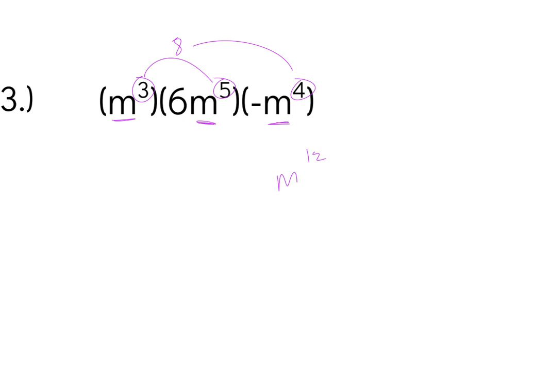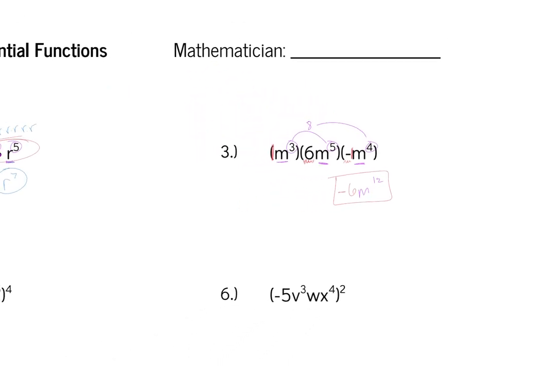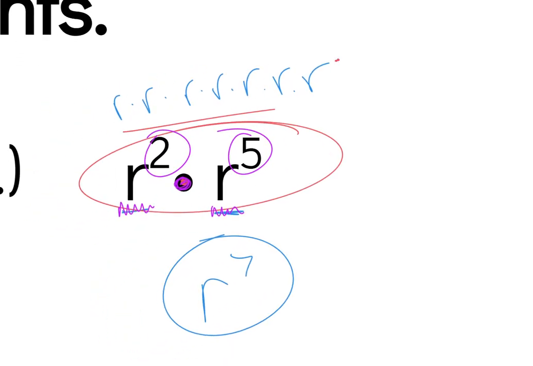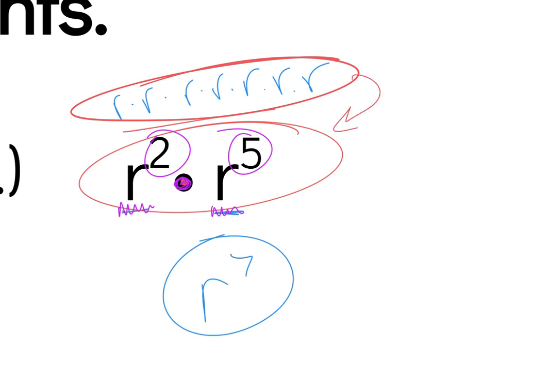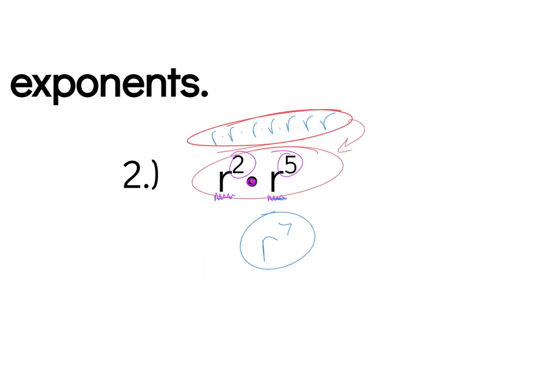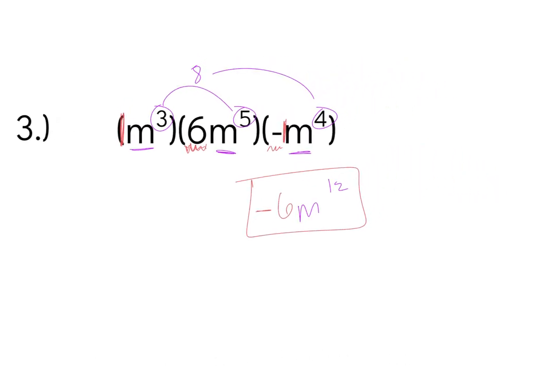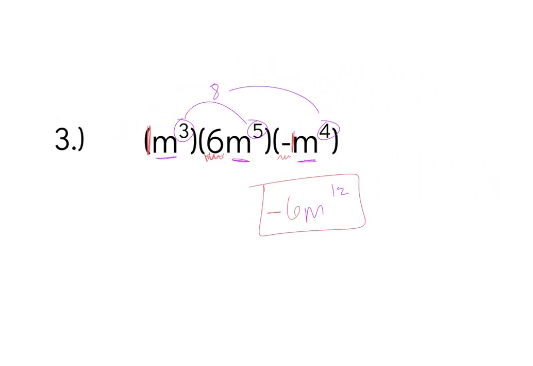And you might think, well, what about the rest? What about this 6? Well, basically it's 1 times 6 times negative 1, which would be negative 6, right? And again, the reason that I did this here was just to kind of show you what this meant, but I would not like to write that many variables sometimes. Like, I don't want to write 12 m's, even if I write them 3, 5, and 4 at a time,